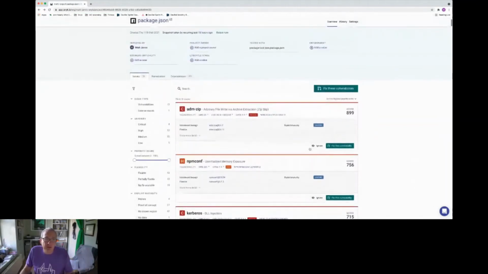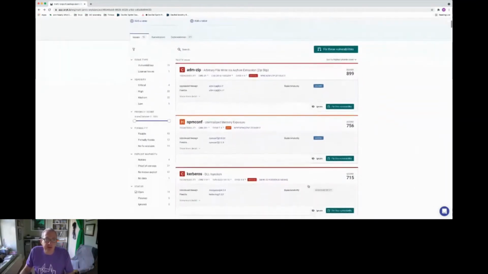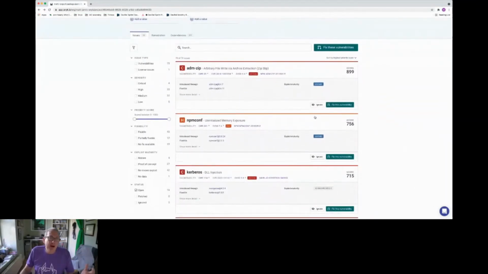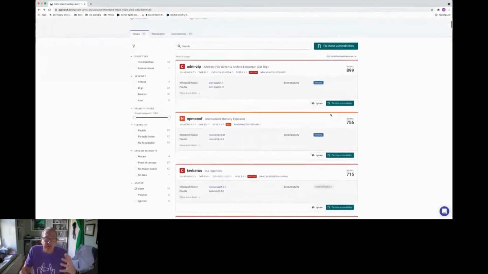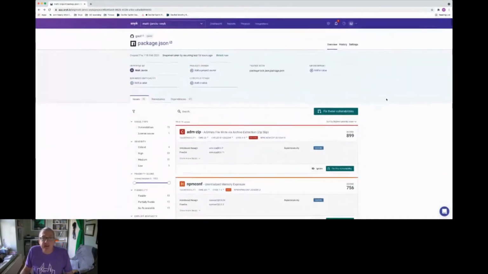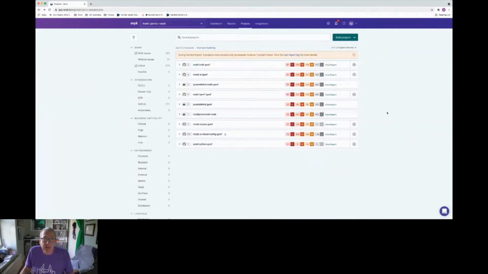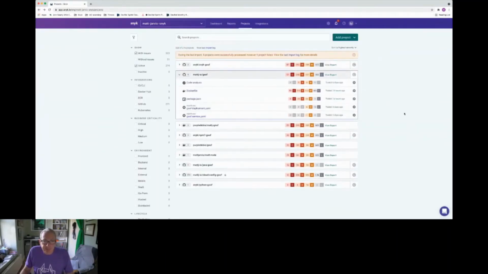And we can filter all these by all sorts of things. We can filter them by whether they're fixable, by priority score, by severity. And so we can drill down in all sorts of ways into these vulnerabilities that are in that particular package.json. And we can look back at the top level again. We can see that we've also found some other things in this